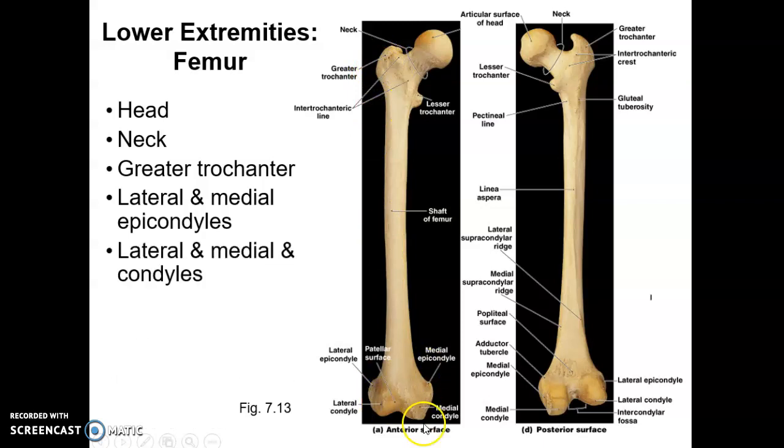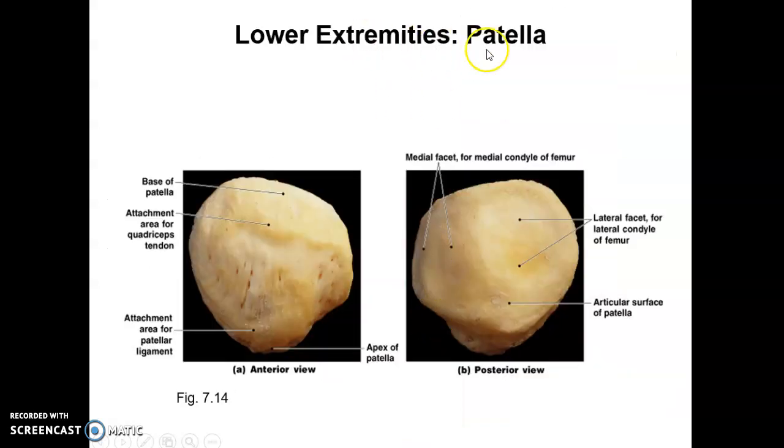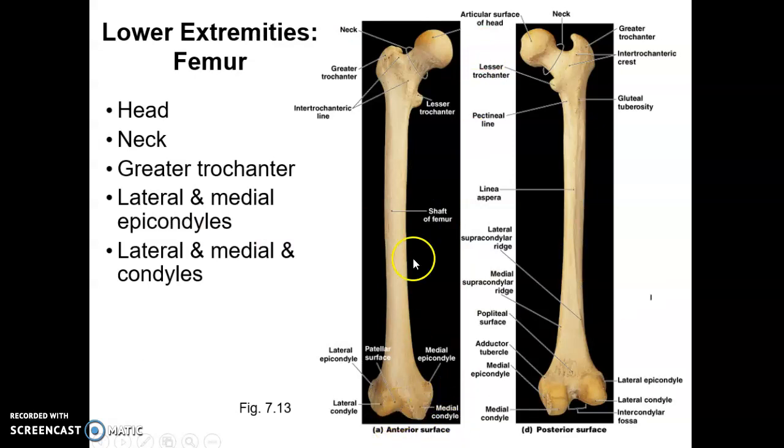All right. And then the condyles, articulating surfaces with the lower tibia. And just like with epicondyles, there are a lateral and a medial condyle. The patella, right? So it's right about here. This is the anterior, and that's the posterior view. Oh, by the way, on the condyles on the femur, notice that this is anterior, front. The condyles don't come that high up